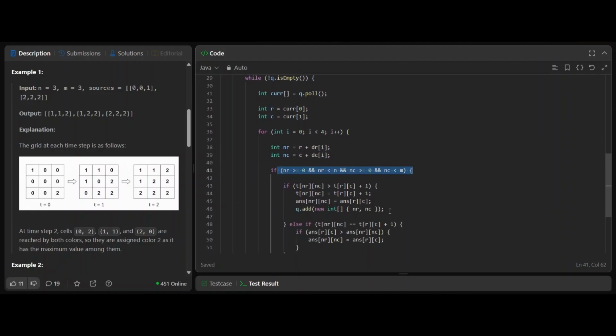अगर वो सेल वैलिड है, और अगर उस सेल की टाइमिंग, जिसमें आप जाना चाहते हैं, आपकी टाइमिंग के प्लस वन से... क्योंकि आप अगर उस पे जाना चाहते हैं, आप यहाँ पर हैं, आप अभी आरसी पर हैं, तो अगर आप एनआर या एनसी पर जाना चाहते हैं, तो आपको एक स्टेप यहाँ से लेना होगा ना। तो